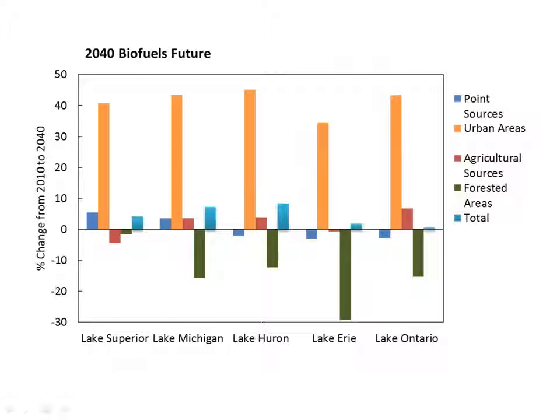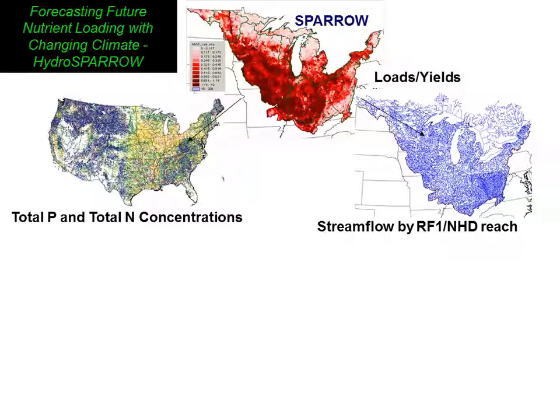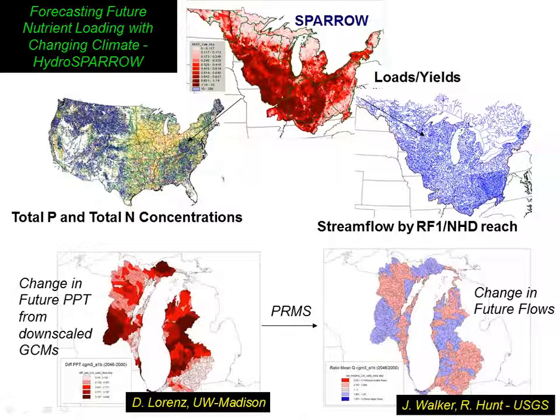We expect the inputs from forested areas to drop a lot. Population is going to go in and start to go into these forested areas. But overall, we expect that change to be about 10%, and that would be an increase in loading. So that's what we're looking at in land use.